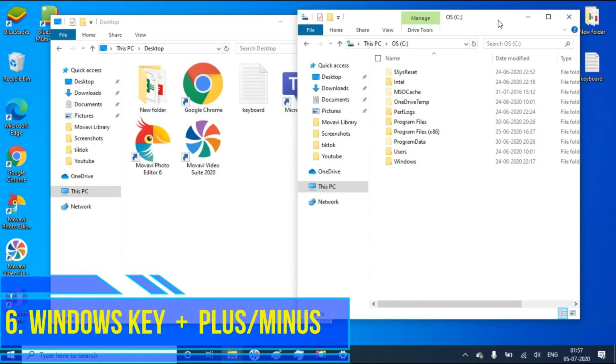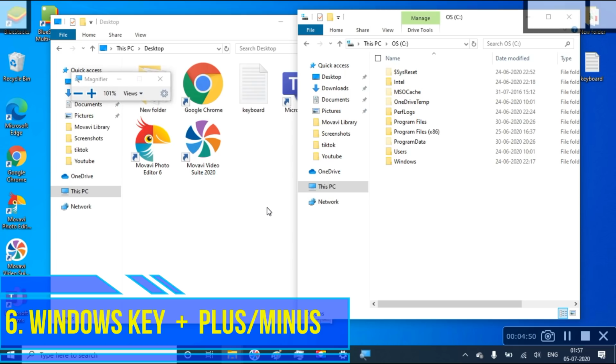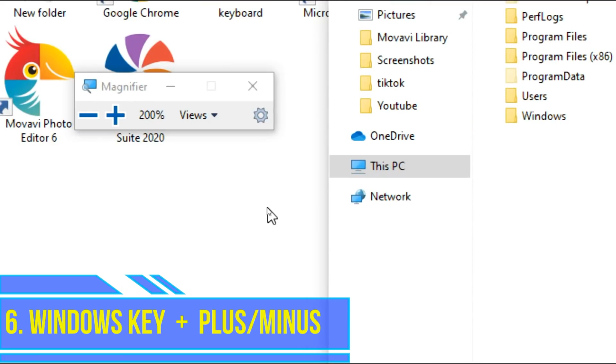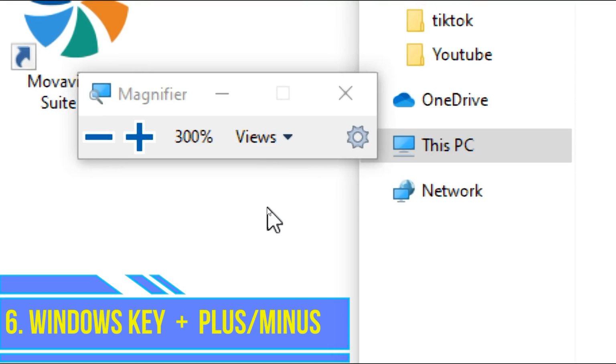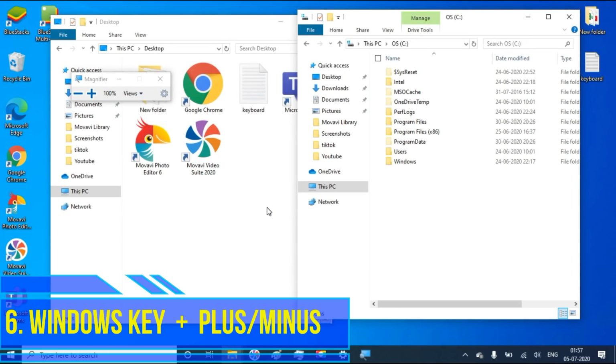Then next one, sixth one, if you want to zoom a particular area, then you have to use Windows key plus plus key. Again if you press, it will zoom in. If you press minus key, it will zoom out. So that's it, guys.